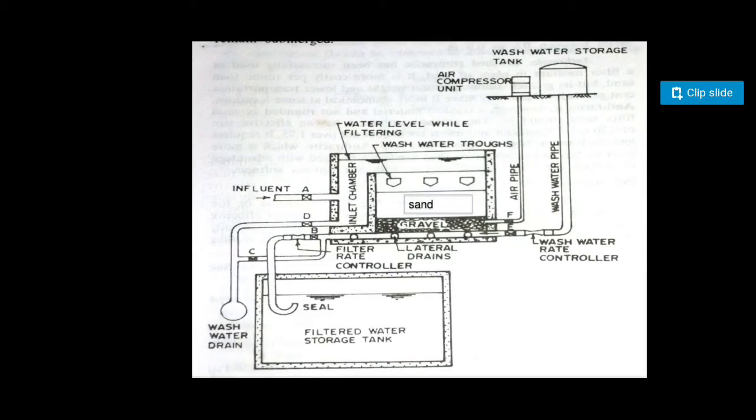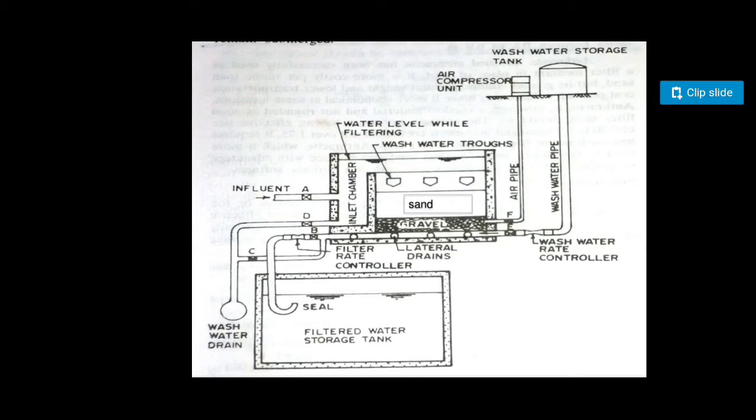After that, if you see on the left of your chamber, there is an inlet chamber, right? You can see that there is an inlet chamber. The inlet chamber has a separate system to allow the water to come inside the chambers, right? And there is a gravel layer. Over the top of the gravel layer there is a sand layer which is working as a filter media.